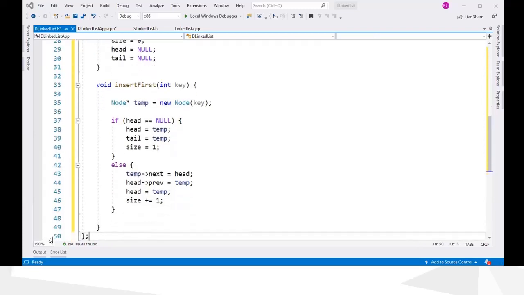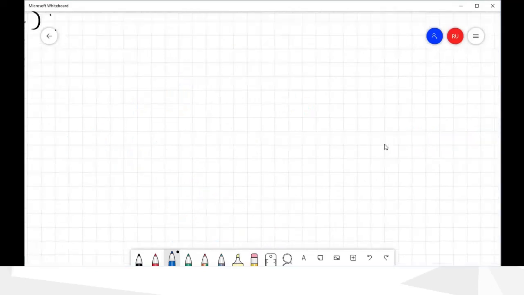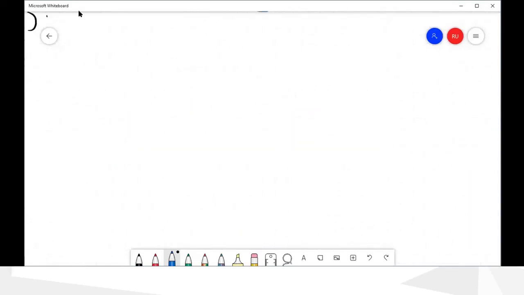Okay, so this is how we insert a node at the beginning. The next one is to insert at the end.